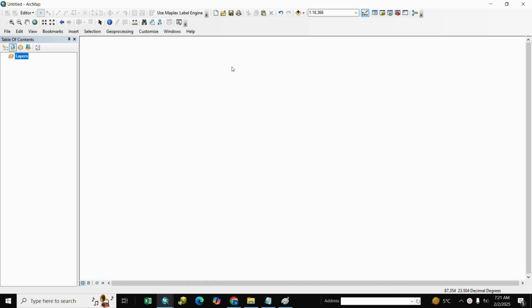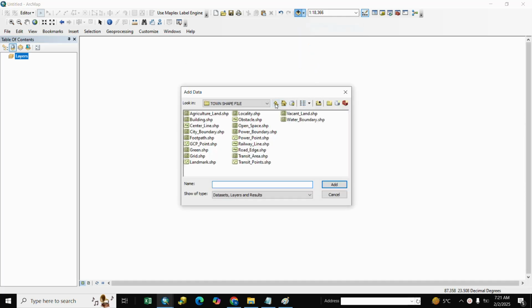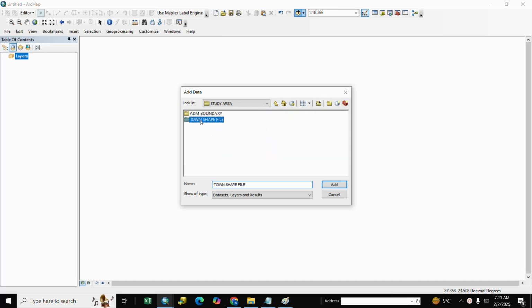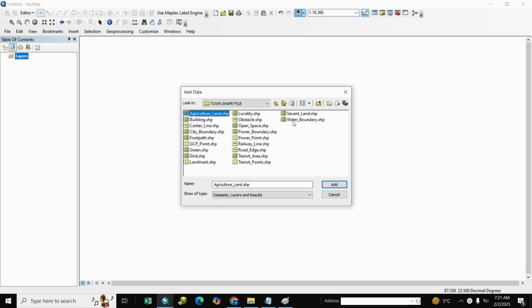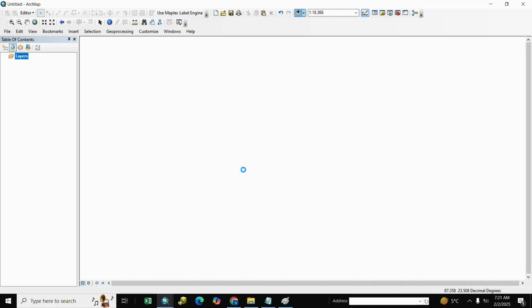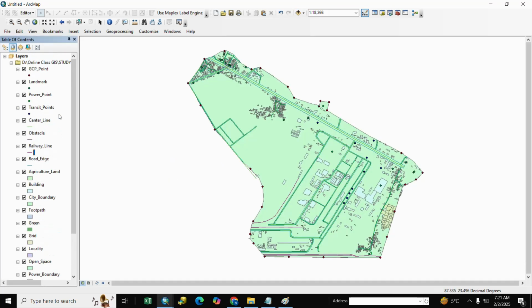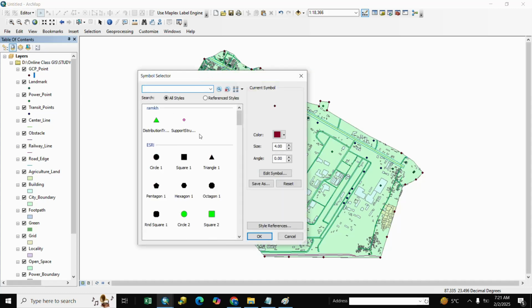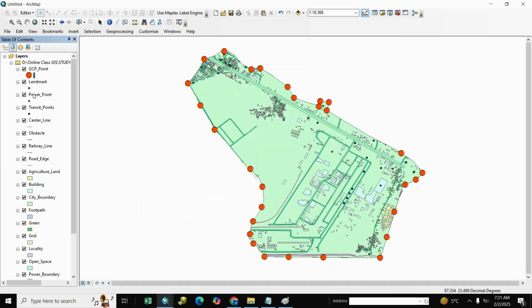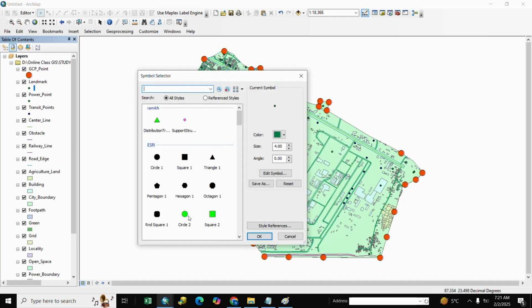Here is ArcMap. We add our shapefile. Here is our shapefile. We select all and add. We change symbology. GCB point, click and select, OK. GCB point, landmark,